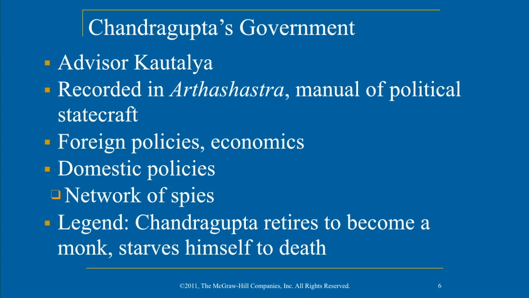What's interesting about this is that during this time, there's the rise of these kind of manuals to describe how people should interact with their foreign neighbors and give advice based on previous rulers about how foreign rulers should really rule not only their own people with domestic policies, but also how it should conduct trade and how it should interact with those around them. To support Chandragupta's government, he had a large network of spies who spied on the people.